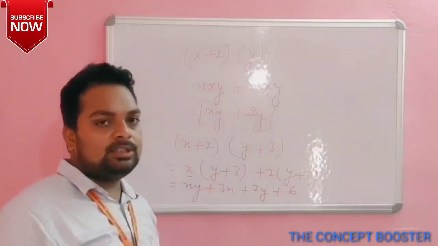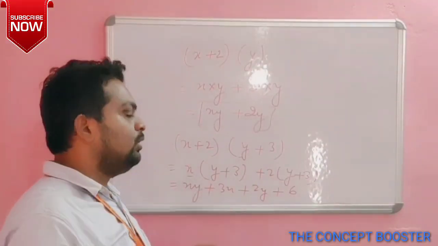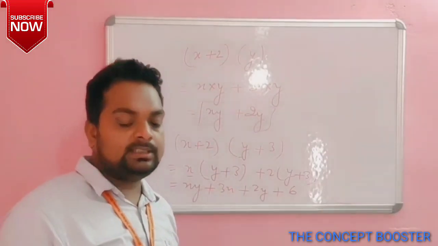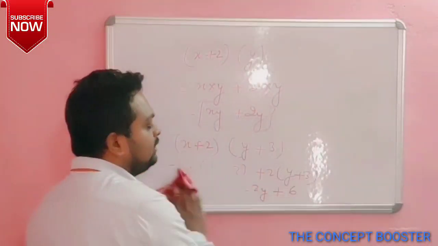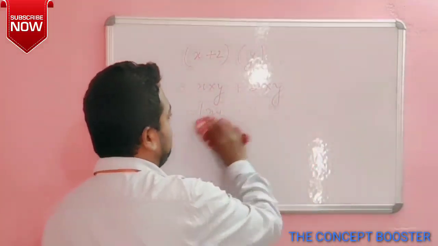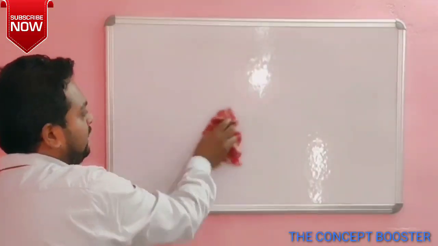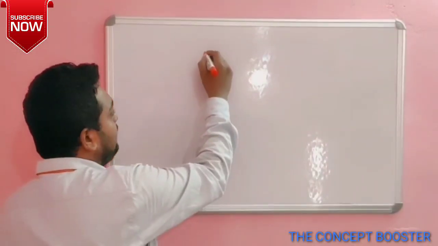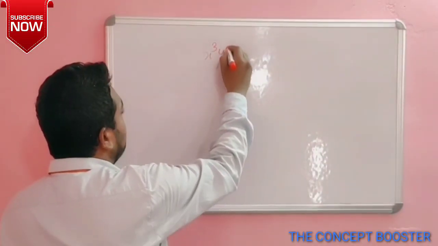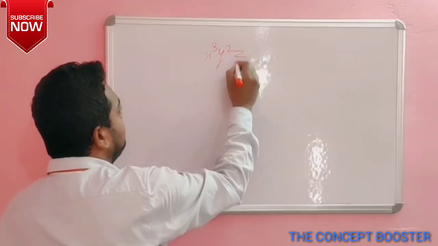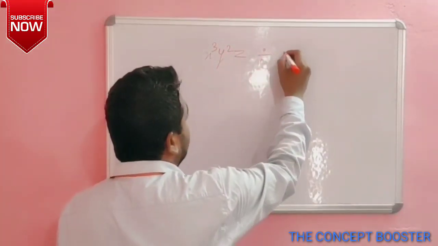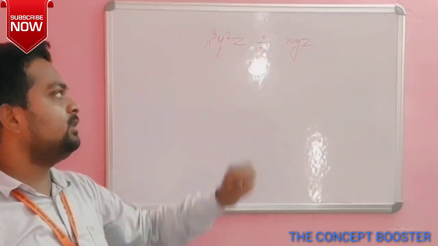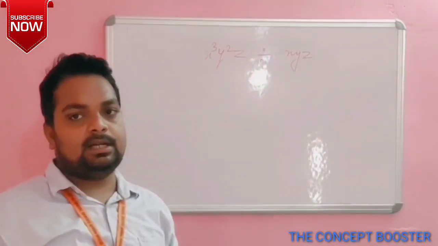Okay, so this is about multiplication, and I hope that multiplication, addition and subtraction are clear to you. Now let's move to division of algebraic expressions. So how can we do the division? A little concept I have already provided to you here, but let's do something like if it is written x cube y square z, and it is divided by x y z. Okay, now x cube y square z is divided by x y z. How will you do this?